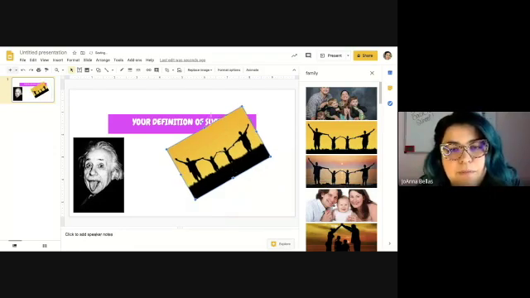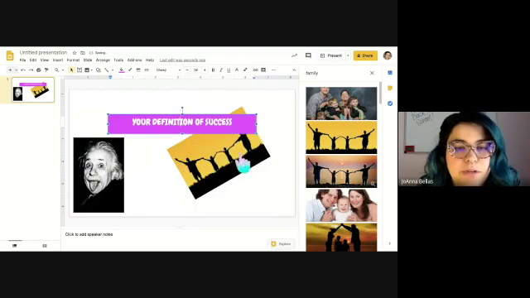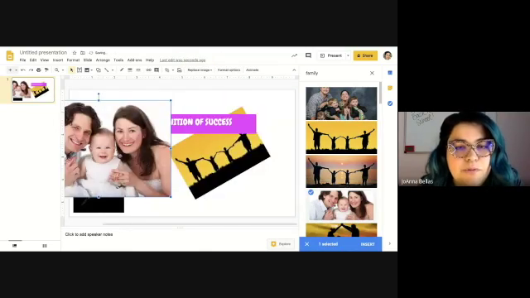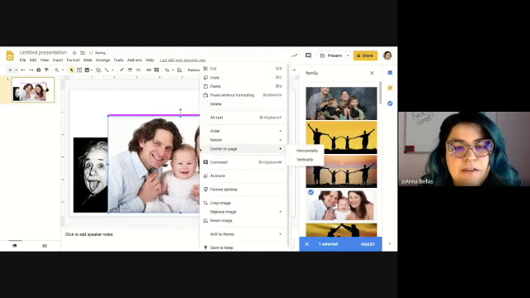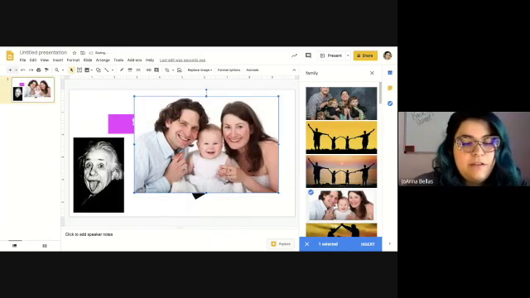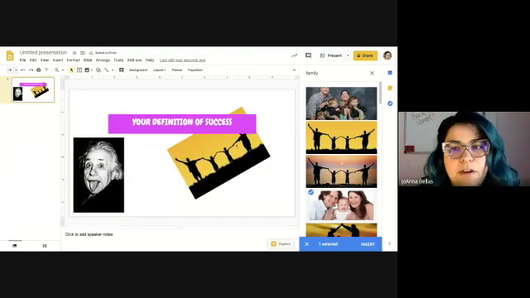If you don't want it to be covering your text, I'm going to show you a quick editing thing. Say you want it to go behind here: click on the box of your text, right click on it, click on order, bring to front, and it'll put it in front of the picture. Whatever you put in here will go to the front of whatever the last thing was on there. So if I bring this photo of this family in here, it's going to put it on top of everything because it's the most recent thing. But if I right click on it and do order, send to back, everything else is going to be in front of it. So that's just a little editing trick and tip.